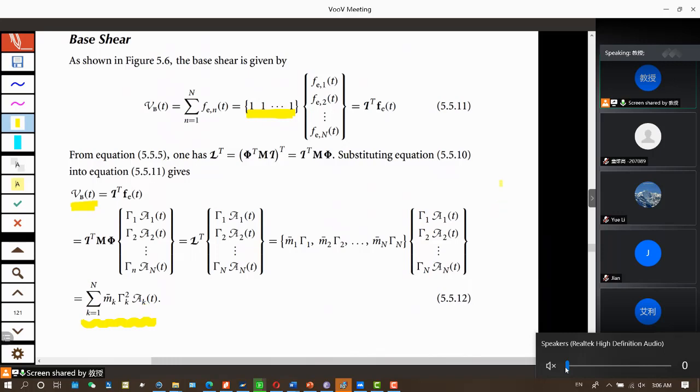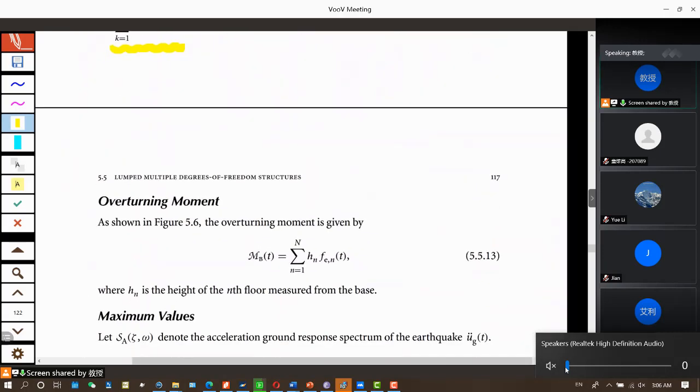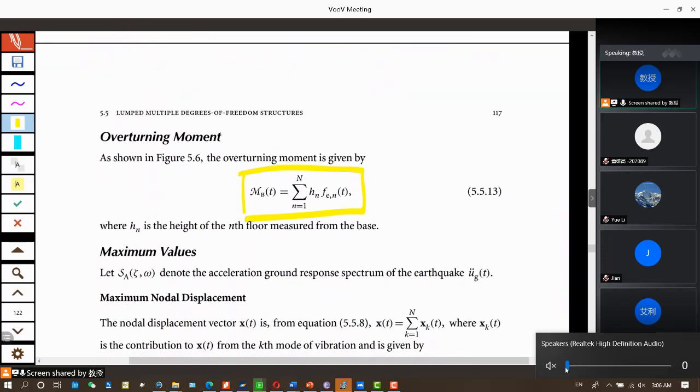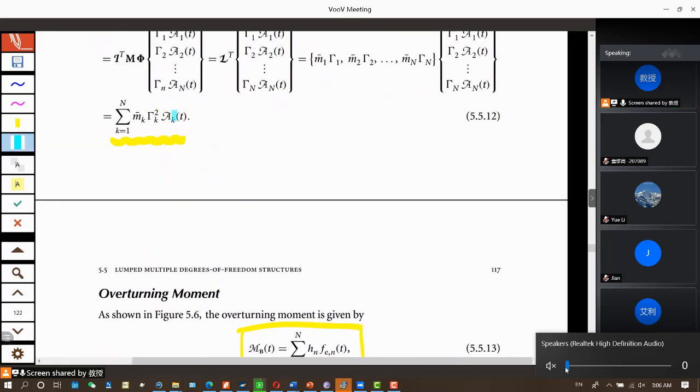Ak max is the spectral acceleration for damping zeta and omega k. Okay, so S is the maximum value of this Ak term. Okay, so the displacement given by this equation, we can find